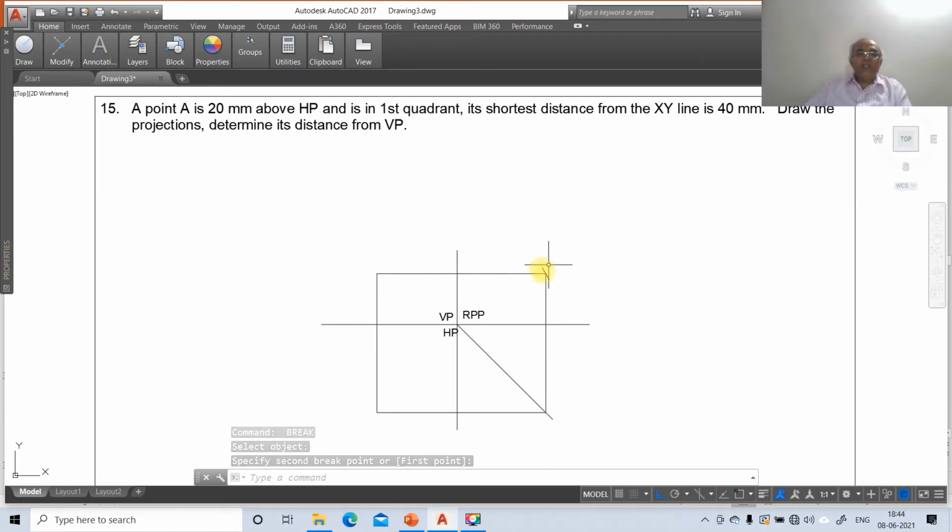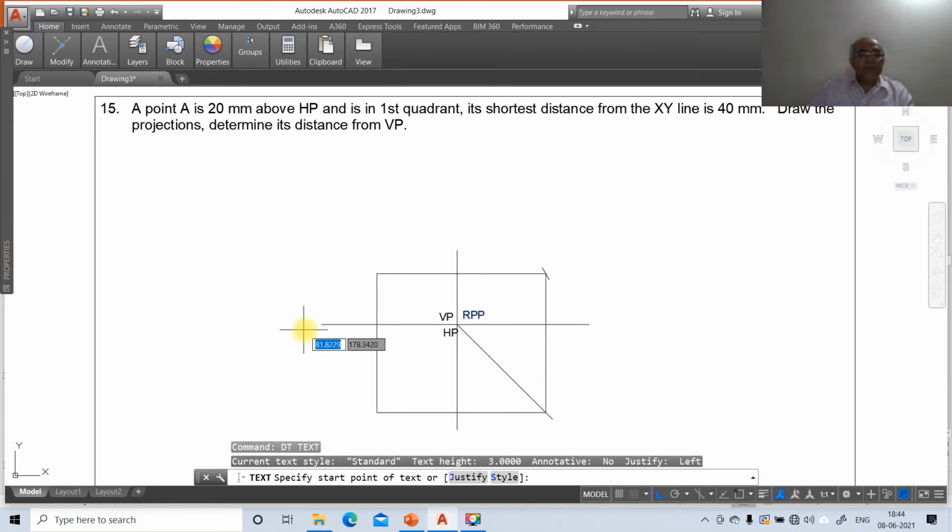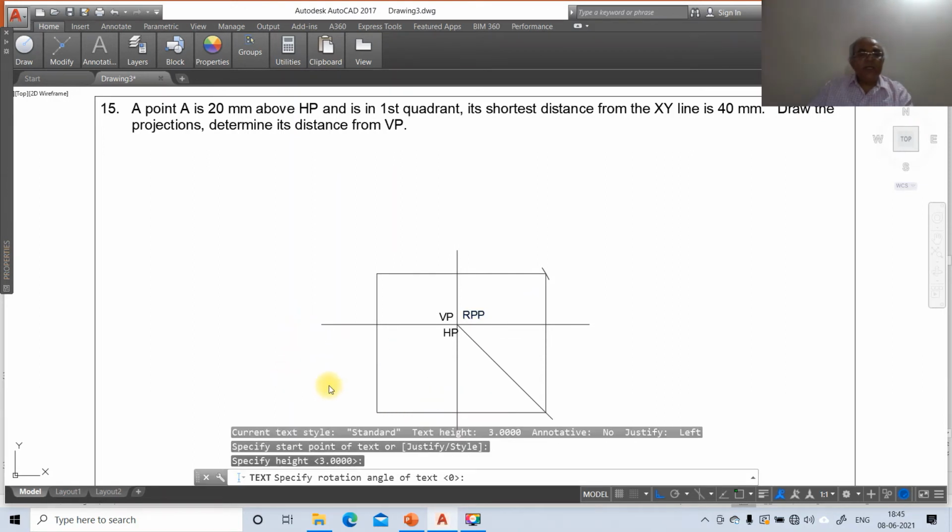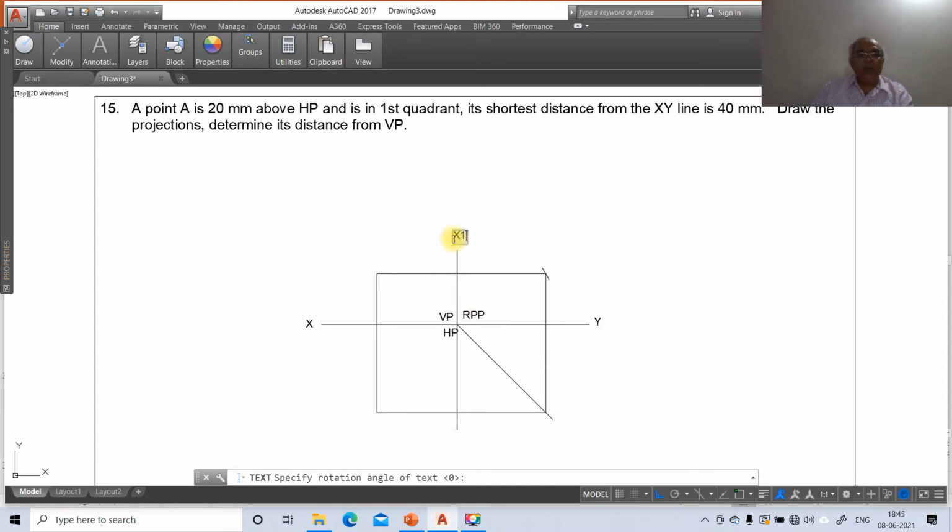Now we need to write the dtext. Go to dtext, click here, take the height as 3, take xy, and mark this as x1, y1. Then we're going to use donut.